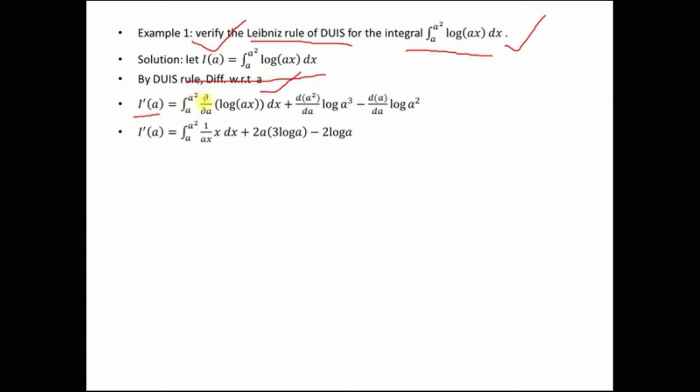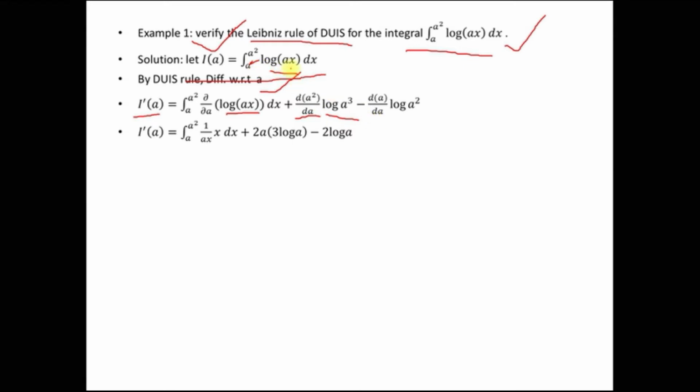Integral from a to a square. This is partial differentiation; we are differentiating with respect to a. So del by del a of log of x, the log function here, into dx, plus what we are going to do now is put the upper limit in place of x. In place of x we put a square, and a square into a gives a cube, so log of a cube here, and we are going to differentiate this upper limit with respect to a,